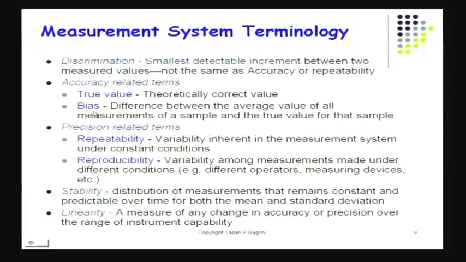Then there is something called bias. Bias is the difference between the average value of all the measurements that you've done and the true value for that sample. So, there is a difference between the average that you produce as a result of multiple measurements and the true value. There is a difference between these two, and this is called the bias in the system,